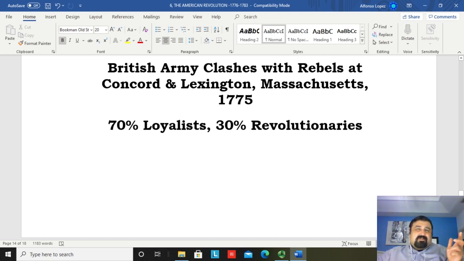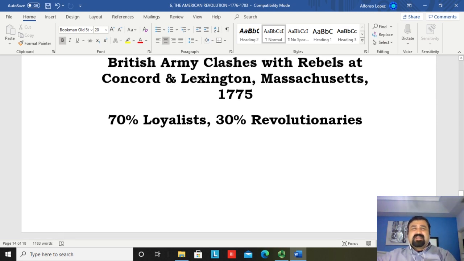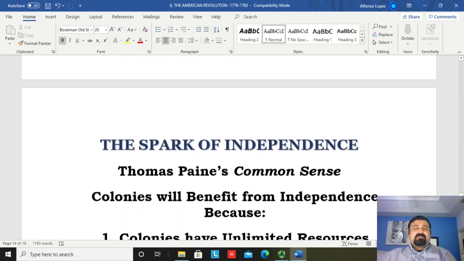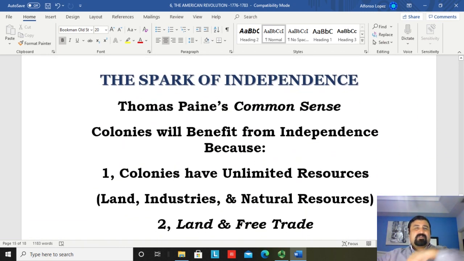They wanted independence. In many cases, they began to voice their ideas quite openly, even though that was treasonous, of course, to do so. They are called revolutionaries. So this was the ratio: 70% loyalists, 30% moving towards independence. But that ratio is going to totally flip-flop